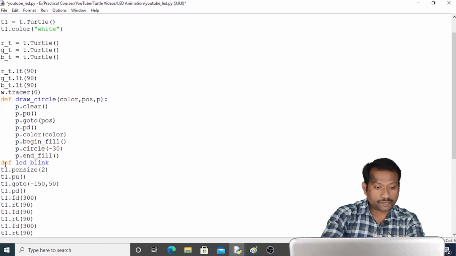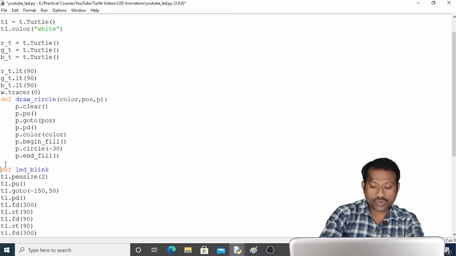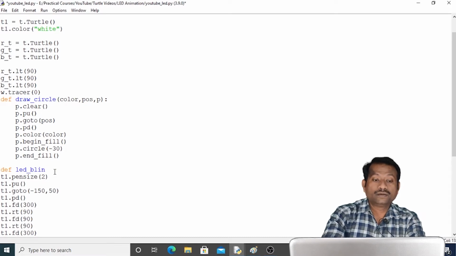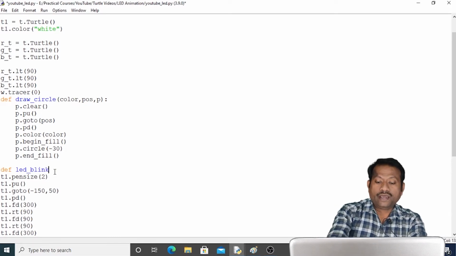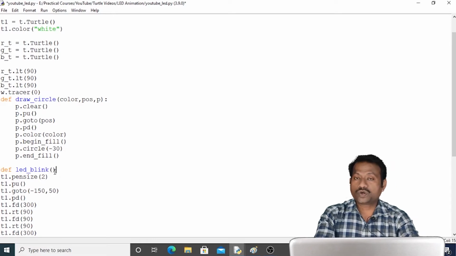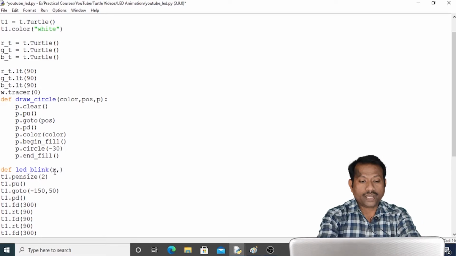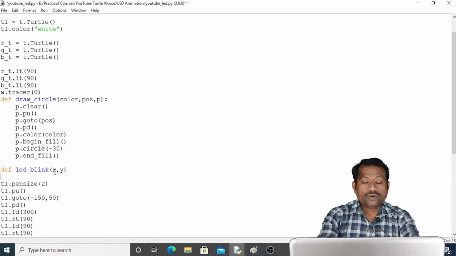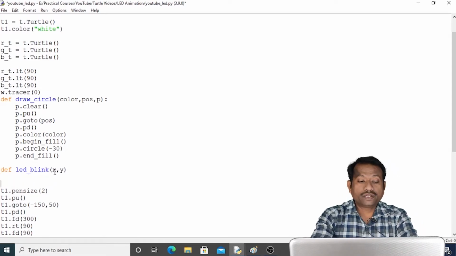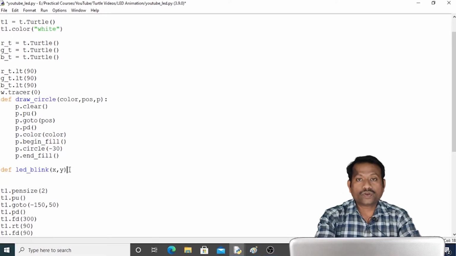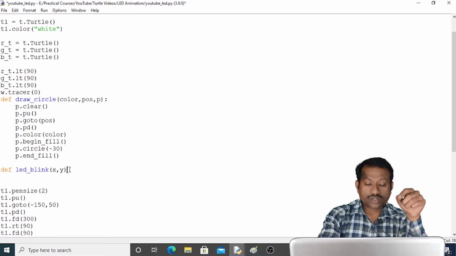In bracket we have to pass the argument for two coordinates, that is x and y. We can take any variable, but as these coordinates are generally called x and y, I use the same, x comma y. And what are the coordinates of that particular clicking movement where we are clicking on the screen?